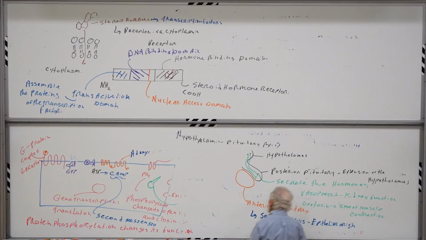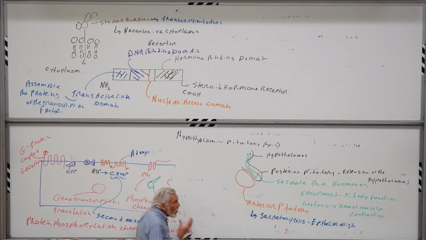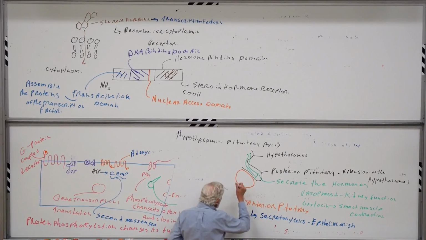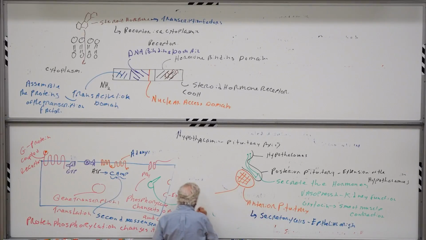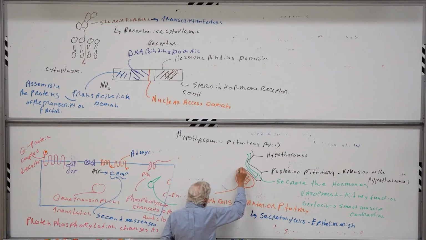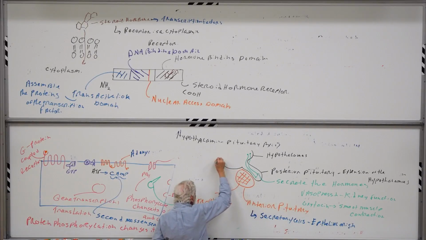It's a place called Rathke's pouch. It's an outpocketing of the pharynx during development. It migrates up here, but there are a whole series of cells in here. These will be called troph cells. The only communication between the hypothalamus and the anterior pituitary